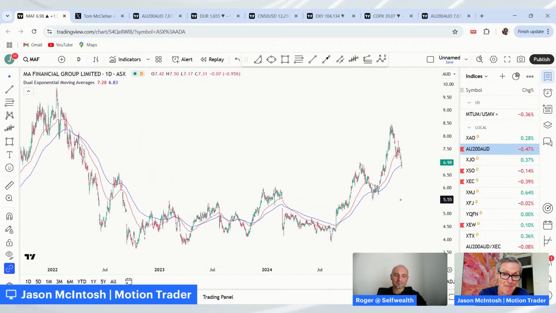If I had it, I'd be happy hanging on to it. Just have my wide trailing stop on it. See if we can see off this period of market volatility. If the market over the course of the next 6 months moves into a bear market, well, the wide trailing stop may not be able to withstand that. But if this moves into more of a multi-month messy sideways consolidation, well, maybe the wide trailing stop can see that off and then stay within a larger rising trend. So that's what the wide trailing stop's all about.